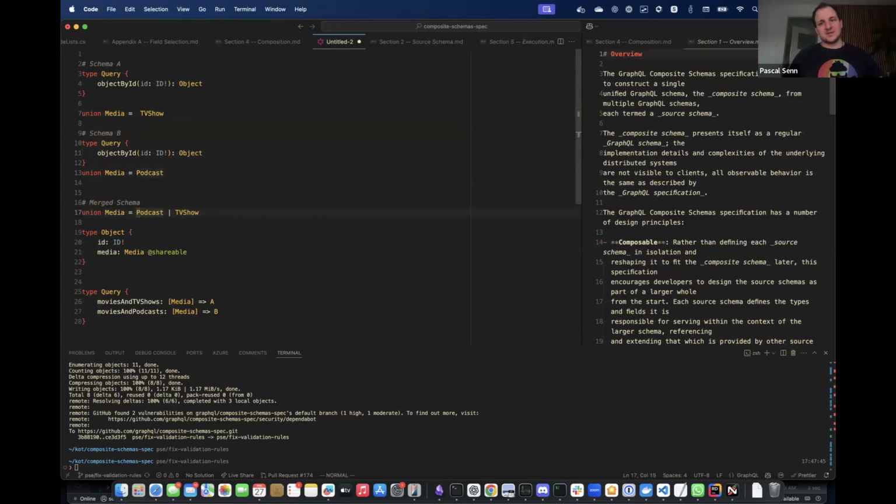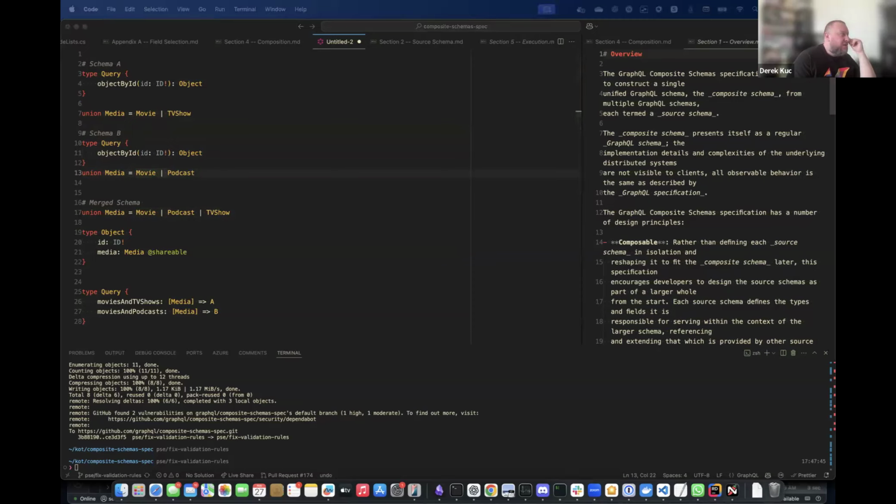It's highly complicated though. So, Derek? I think this falls into a similar edge case scenario, similar to inaccessible types that are part of the union. That one would actually be a runtime error, because if, let's say, a podcast is inaccessible and you try to return that one, that will be a runtime error.